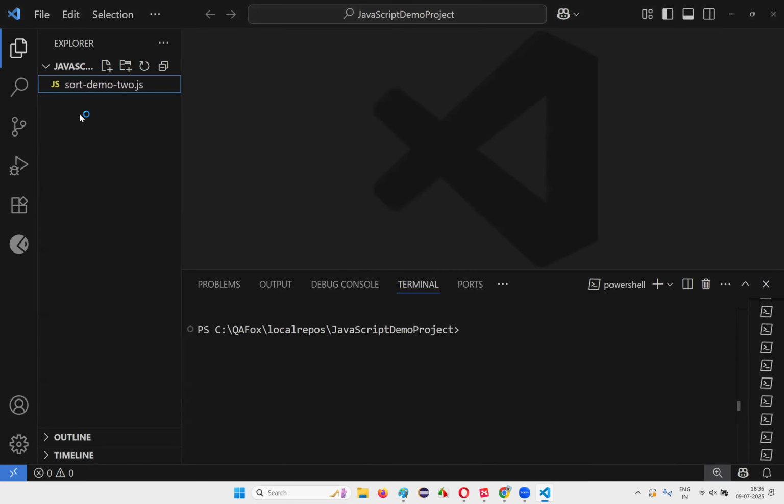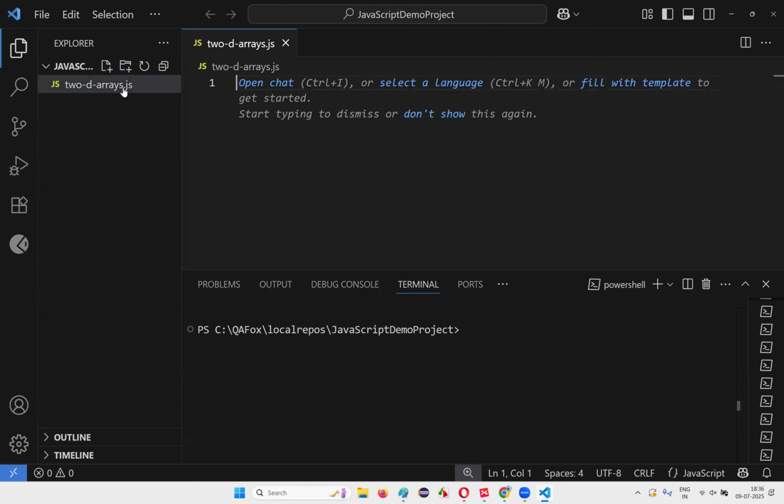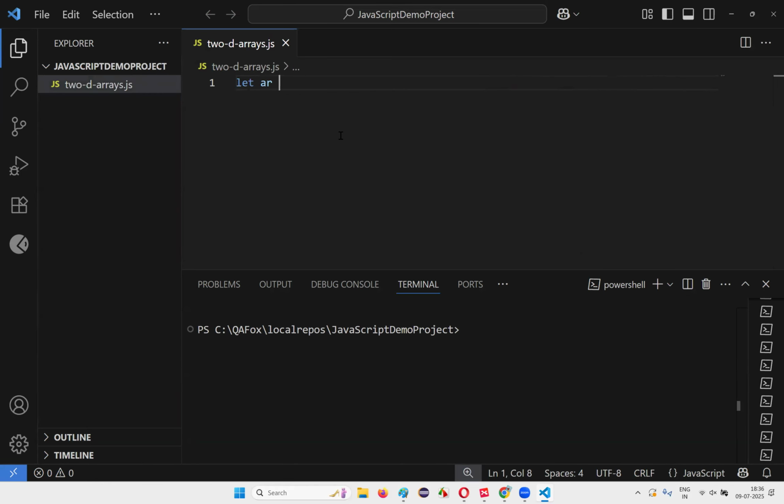Let me delete them. Let me freshly create a new JavaScript file and name it 2D arrays.js. Here I'll write let AR is equal to a square bracket, and in this again use square brackets. Here there are three single dimensional arrays in this 2D array,